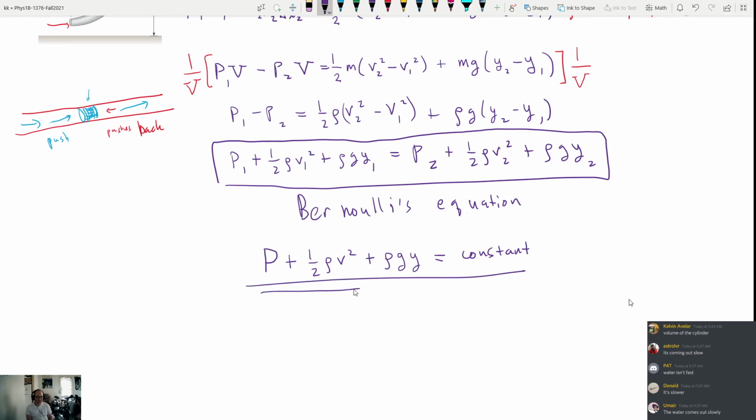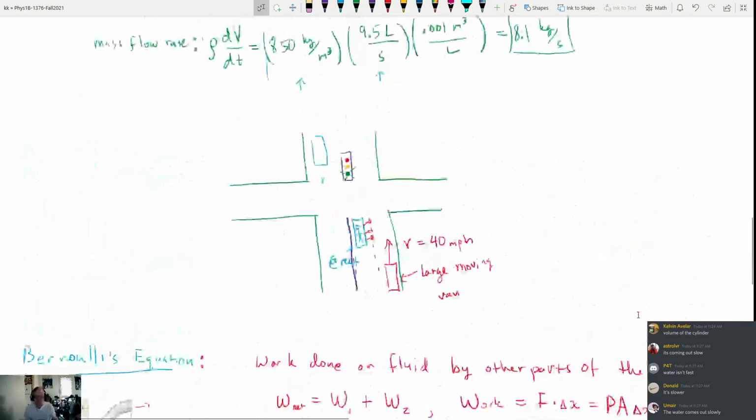When I think of Bernoulli's equation, this is what I think: the pressure plus kinetic energy per unit volume plus potential energy per unit volume is a constant. Okay, it's a constant. And if we apply this to this picture right here,